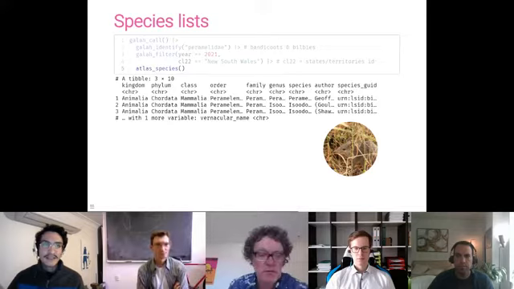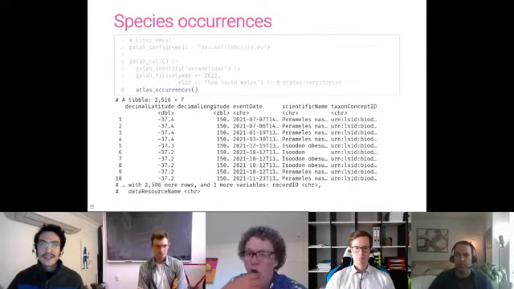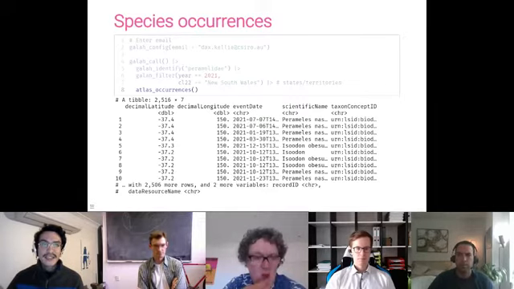But sometimes you might not want all that information because getting all the default columns can increase the size of a download. I've experienced this problem myself. So by calling galah_select, it selects columns. And here I select only the scientific name and the event date to be returned.